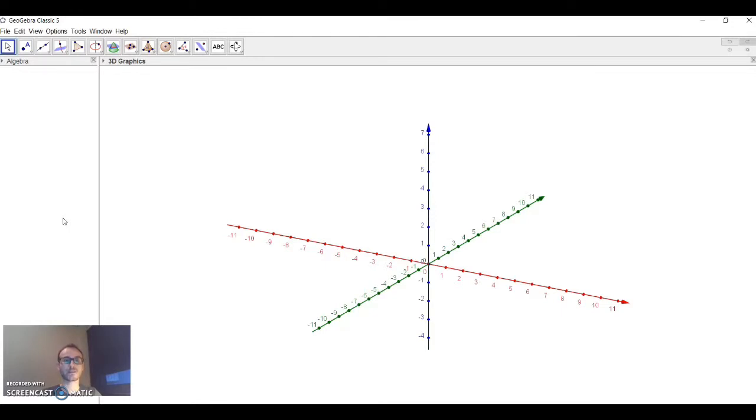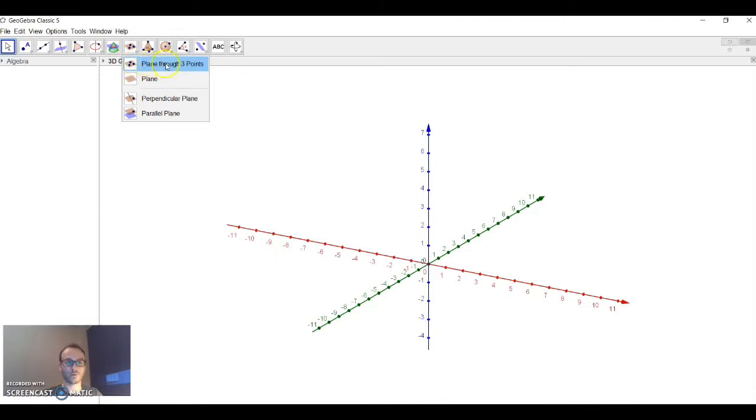We think that the best way to study conic sections is creating them, because if students create an ellipse, circumference, or whatever conic section, they interiorize what they are doing and they will always be able to remember how they come. So in order to do that, we are using a cone and a plane to intersect each other and create those conic sections. So let's start by going to this option, plane through 3 points, and here the first